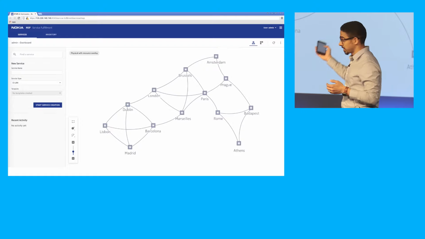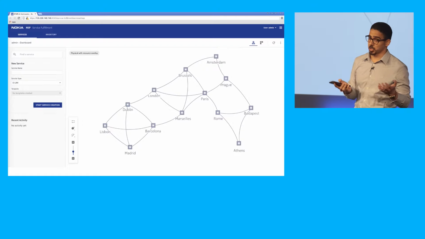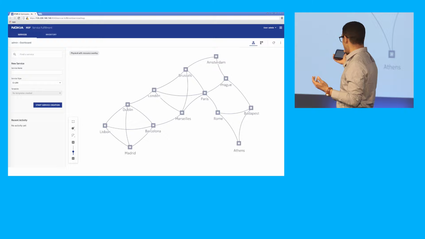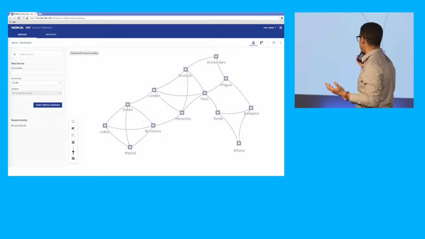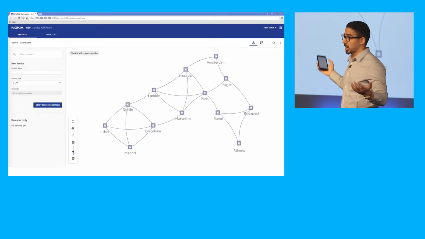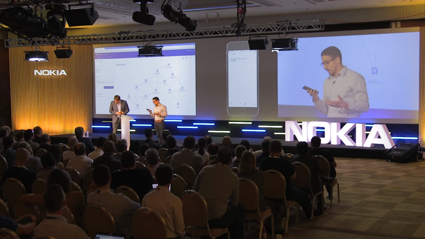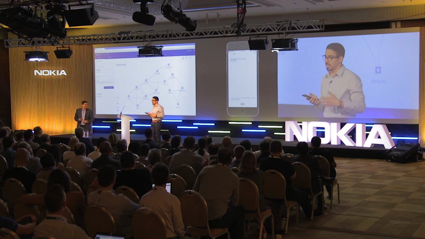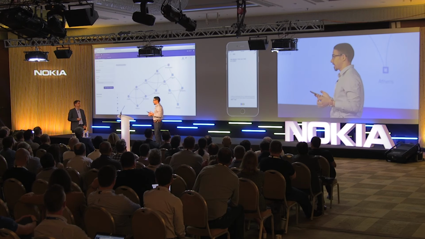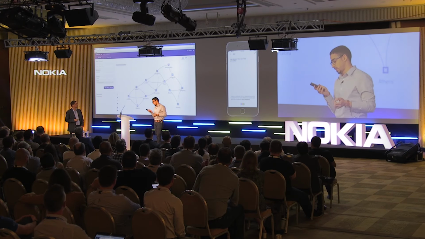So as you can see here on the slide, we're assuming basically we're a large operator, and here you can see the service map of NSP. And we see a couple of sites. You see things like Athens, Amsterdam, Brussels, and we're assuming that we're managing this network. And I have a customer who's requesting a point-to-point service from Athens to Amsterdam with 100 megabits per second of bandwidth.